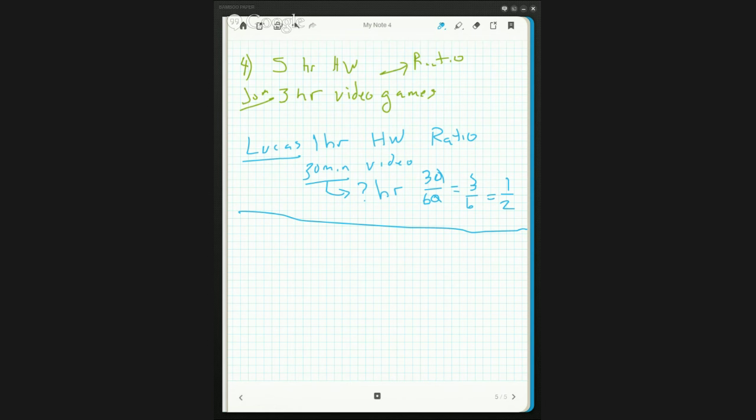On number 5, you need to copy the problem and count the number of girls and boys. And then I think you can handle the rest of the question there, finding the ratio of girls to boys. And then number 6 is simply like the problem that we worked on in class today. The key here is to find the unit rate